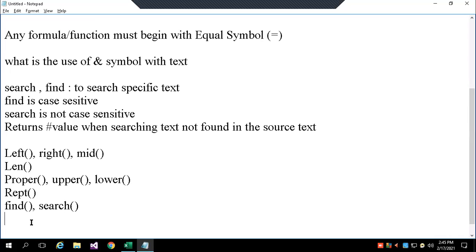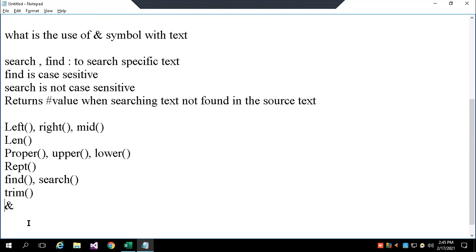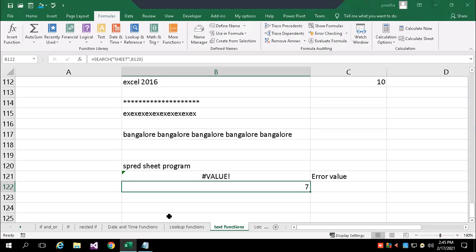Then what else have we seen? The TRIM function we have seen. Then what is the use of the ampersand with text? We have seen it's not a function, but it is an operator or a symbol, an operator to combine multiple text. So why I said multiple text means,